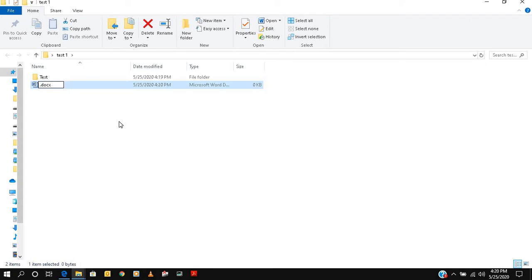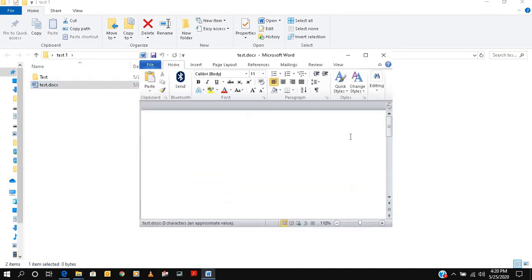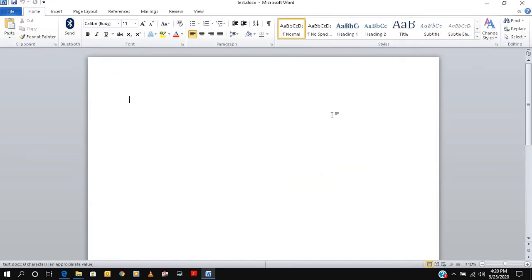and then you put the name test. So you created a Microsoft Word file. Then you open this, and you can write anything in this document. So what is Microsoft Word basically for? Microsoft Word we can use for all our letter typing.